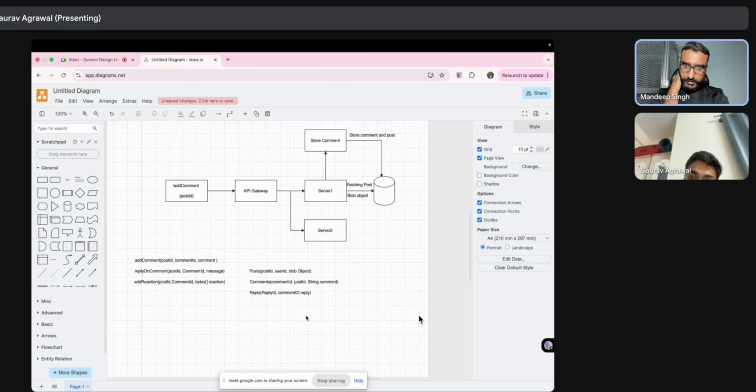So to summarize what you are saying, you have posts, you have comments, and you have replies. You have three tables, and a post is your parent object. Comments we can say are associated to the post, the parent table, and then replies are associated to the comments. Okay, yeah, makes sense. That's fine.